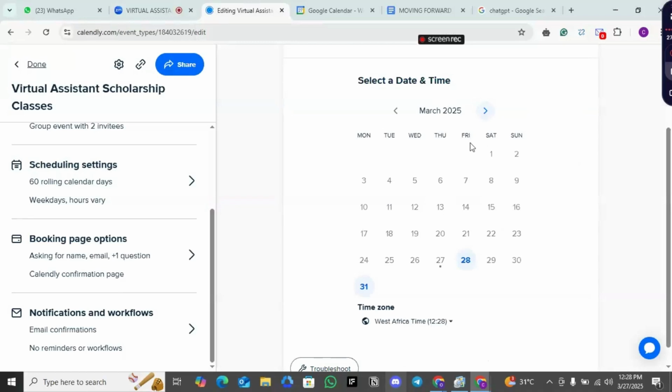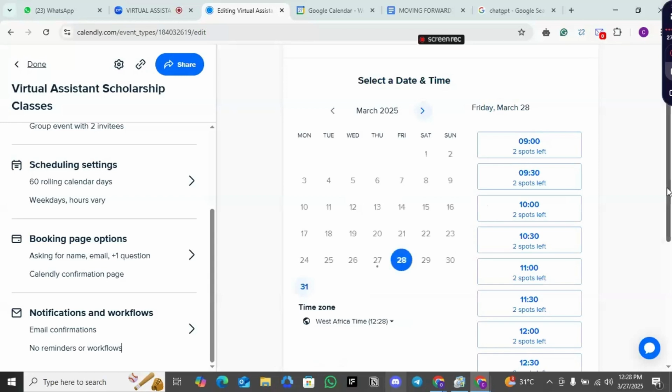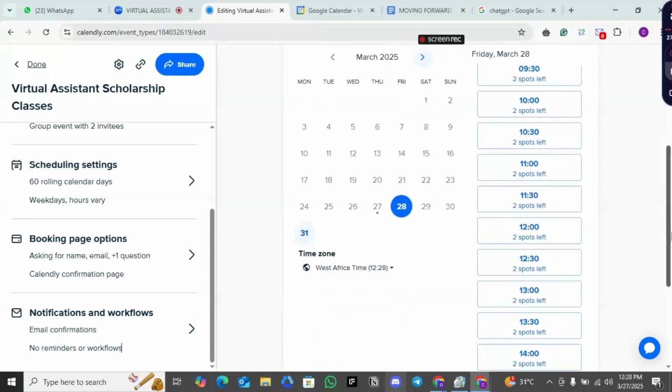Now, tomorrow is Friday. According to my availability, I am available on Friday, or rather, your client is available on Fridays. This is Sunday, this is Saturday, this is Sunday. I am not available on Saturday and I am not available on Sundays. This is why you do not have an option to schedule a meeting. Now, you're going to be clicking on this. Now, you can see